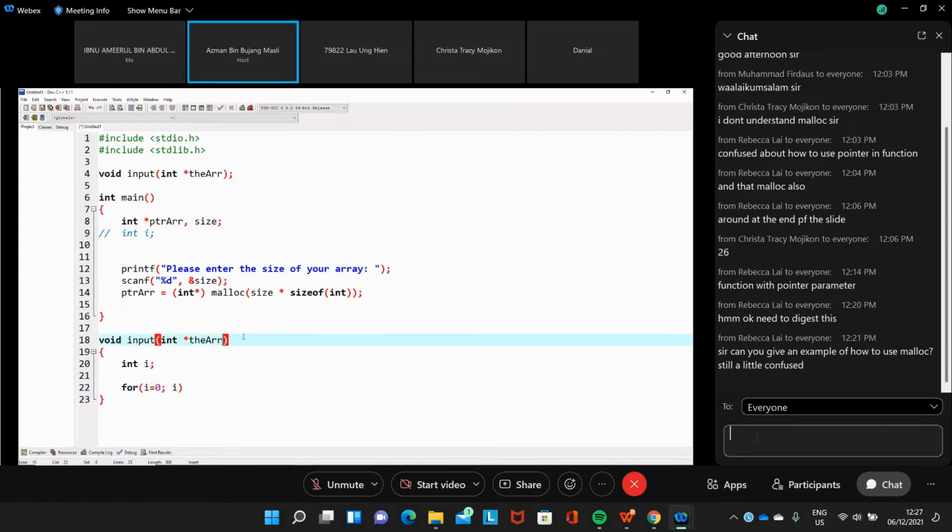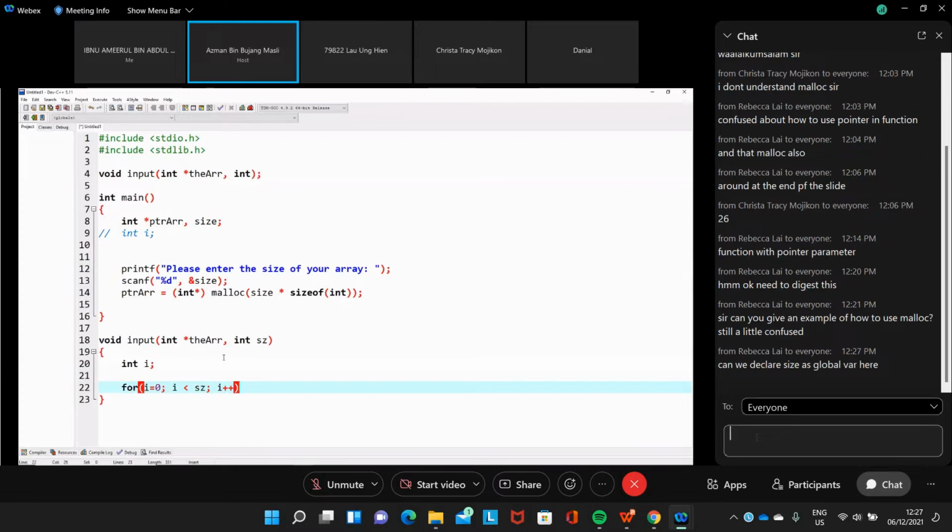We don't know the size, so we need another integer here, size. This one is another integer. And then for i less than the size, and then i plus plus.